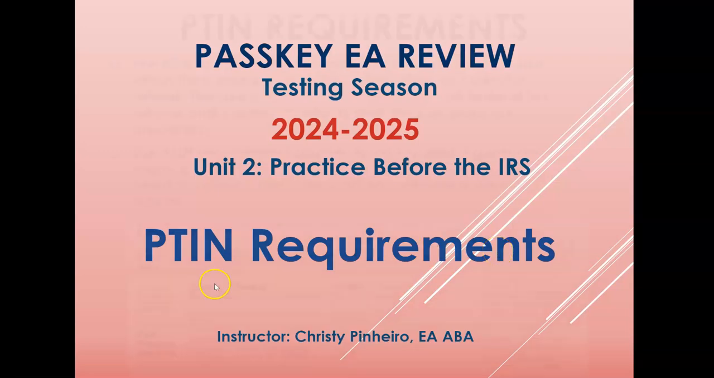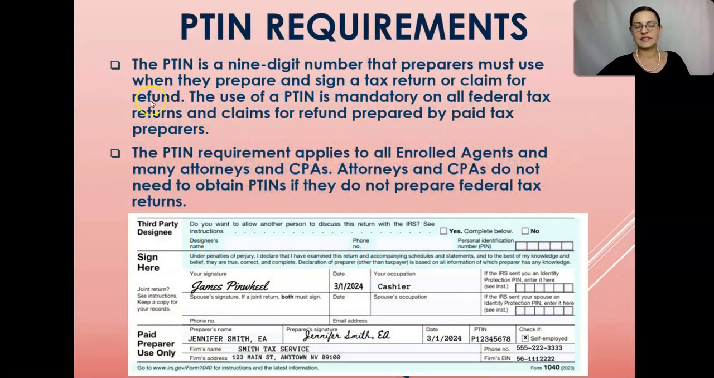PTIN requirements. A PTIN is a 9-digit number that preparers must use when they prepare and sign a tax return or a claim for a refund. If you've prepared tax returns professionally, then you have a PTIN. You have to have a PTIN if you prepare tax returns for compensation. The use of a PTIN is mandatory on all federal tax returns and claims for a refund prepared by a